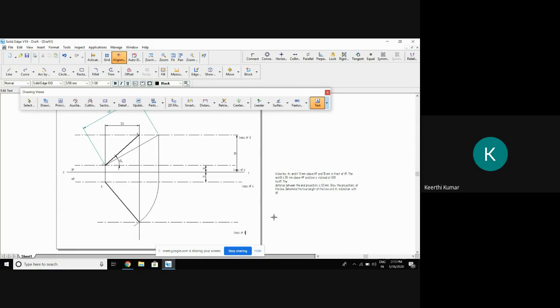Locus of B. Okay. Then what he is asking to find out here also, I want to get the true length. True length is 90. So it means that here also the length of the true line should be 90. So what to do? There are two methods to find out. Select from here, cut an arc of 90. Enter. Cut an arc.